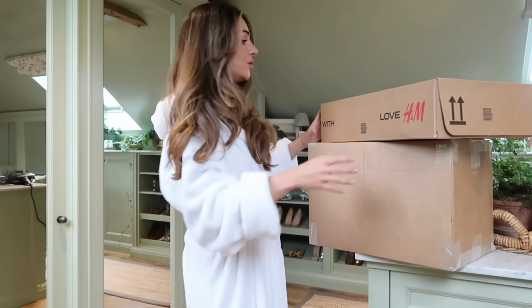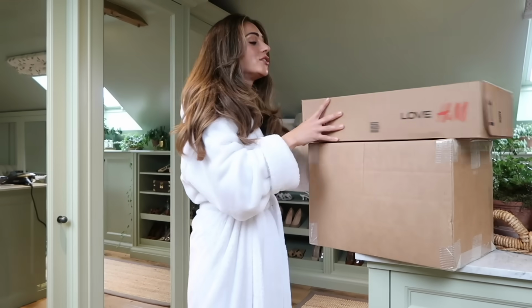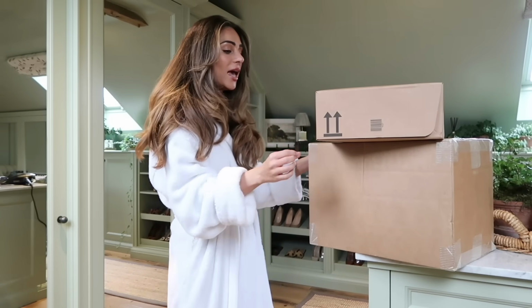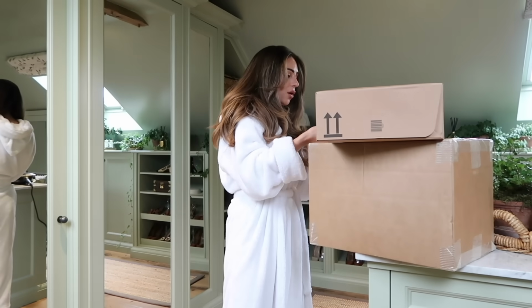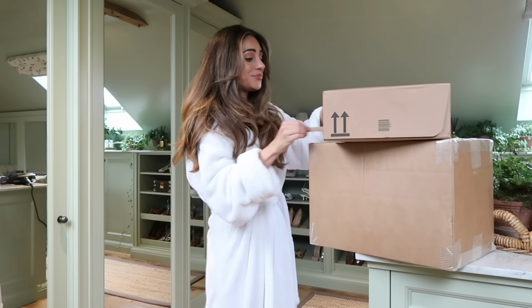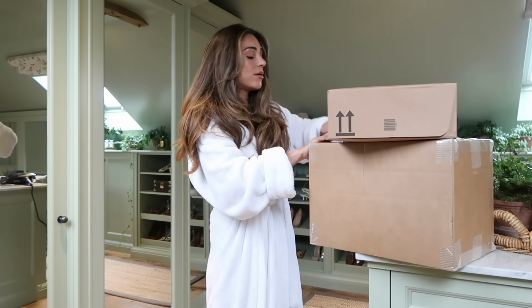Okay, I've actually got two things to unbox with you, but I'm going to start off with the H&M bits and pieces because this is most definitely a LORO PIANA inspired haul. And as I will always say, dressing well is about being